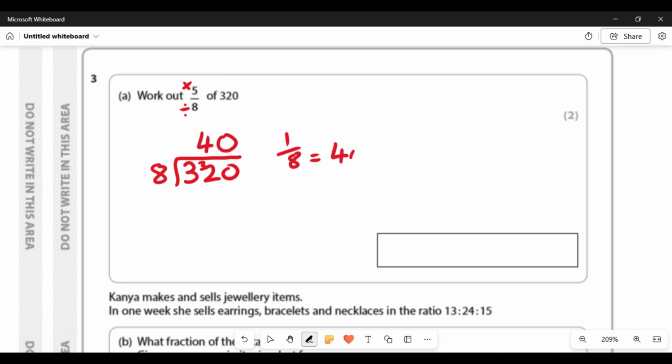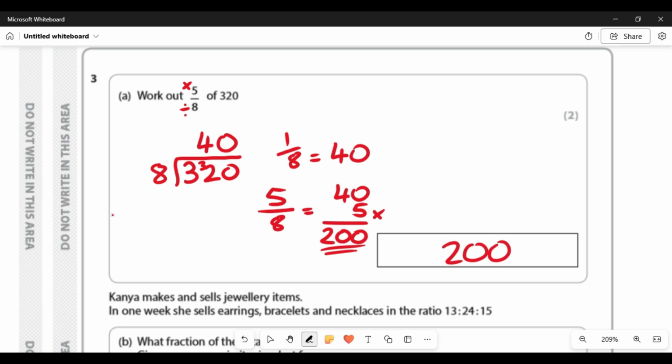equal to 40, but we don't want 1/8, we want 5/8. So 5/8 will be 5 times 40. And you could do it this way if you want to. 0 times 5 is 0. 4 times 5 is 20. So there's your answer, 200. Let's put that in the answer box. So the answer is 200,